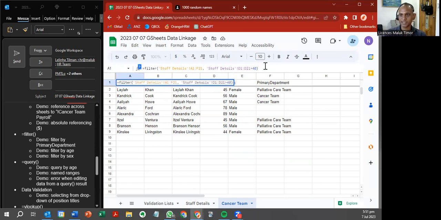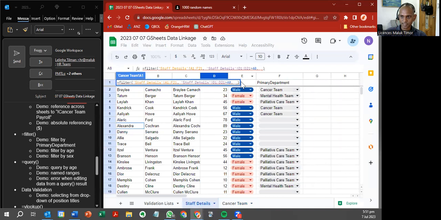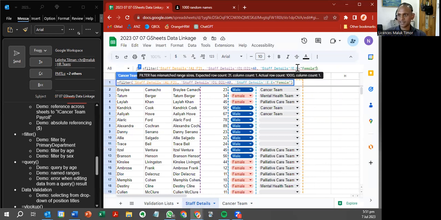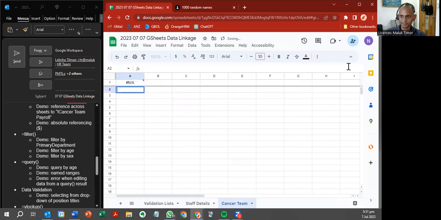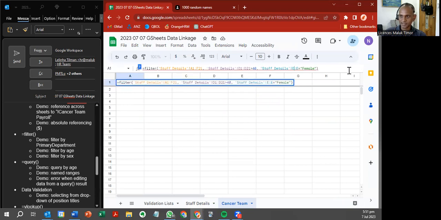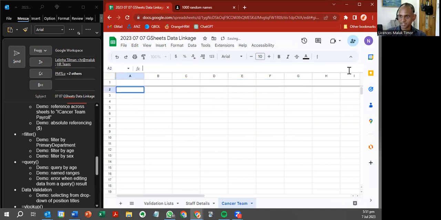So let's give it another criteria. And what is the other criteria that I want? I want the sex to be equal to female, right? And again, there should be a mismatch in the number of rows now, so it's going to give me an error. Give me an error as expected. So let's fix that error. I can make this E1 to E21, which should give me the correct